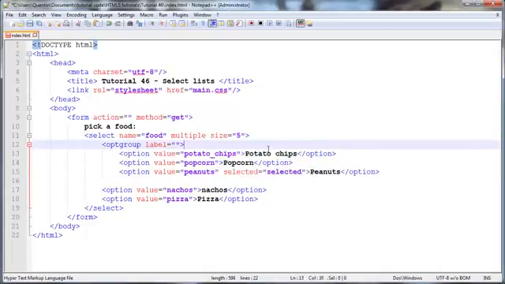So I'm going to give this a label of whatever we want the label for these foods to be. So seeing as chips, popcorn and peanuts are all salty foods, I can go ahead and give this a label of salty food, and that way we would have labeled all of those salty foods. So let's go ahead and end that option group by ending optgroup,